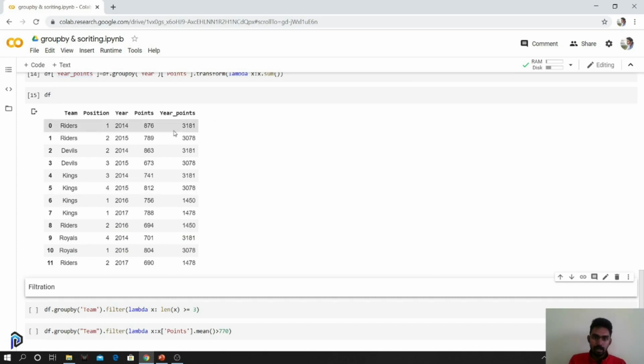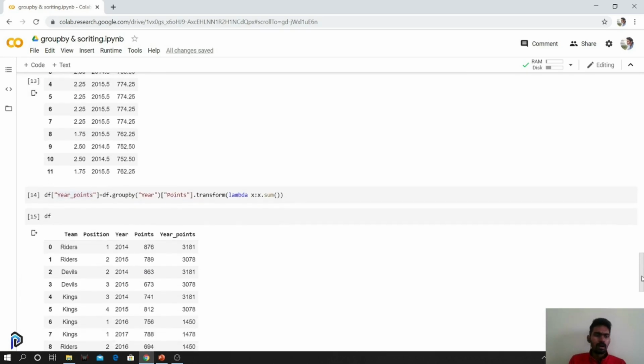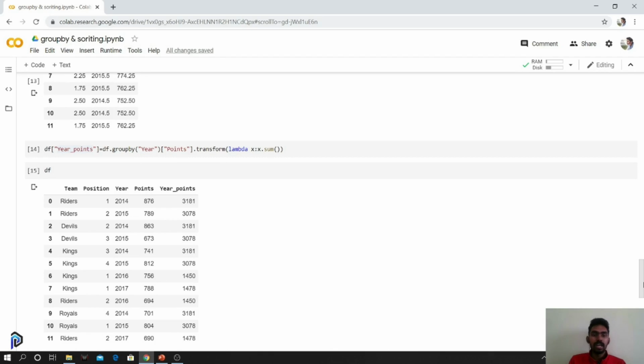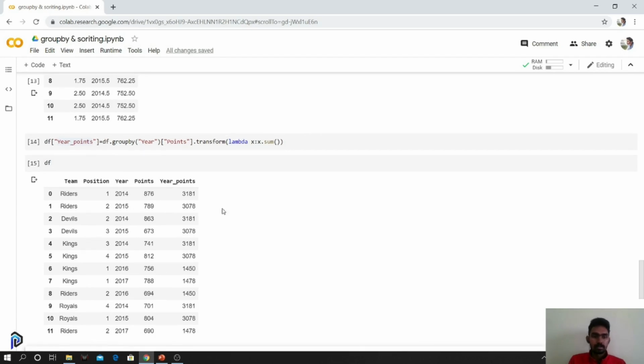For 2014, it's 3181. You can see anywhere in 2014 it would be the same, because we are using that group, getting the sum and applying it to all the values. I hope transformation is clear to you. Transformation can be used to create new columns by applying a specific function over the particular group.